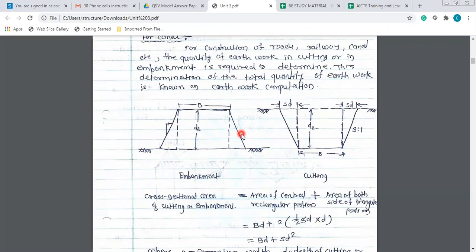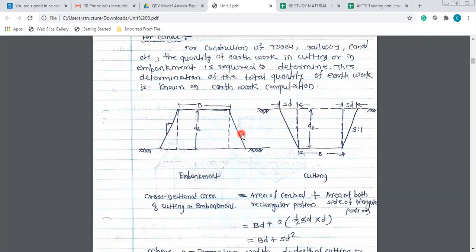From that trapezoidal section they will prepare your road. If you observe the top surface, you cannot identify the shape of the road. It may be trapezoidal, rectangular, or square, but 99% you are going to observe this cross section, like a trapezoidal road section. It may be of embankment or of cutting section. So you can note this down in your notebook. This part is again important for you.